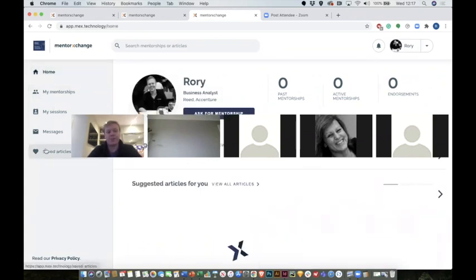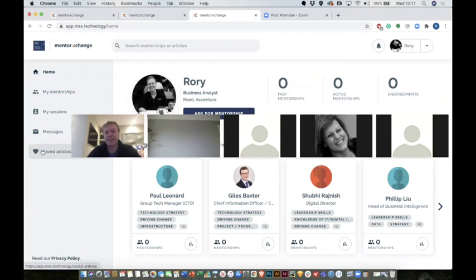Users are also able to save content and send it between each other. So we're trying to, again, supplement those interactions that you're having with each other with valuable content that will